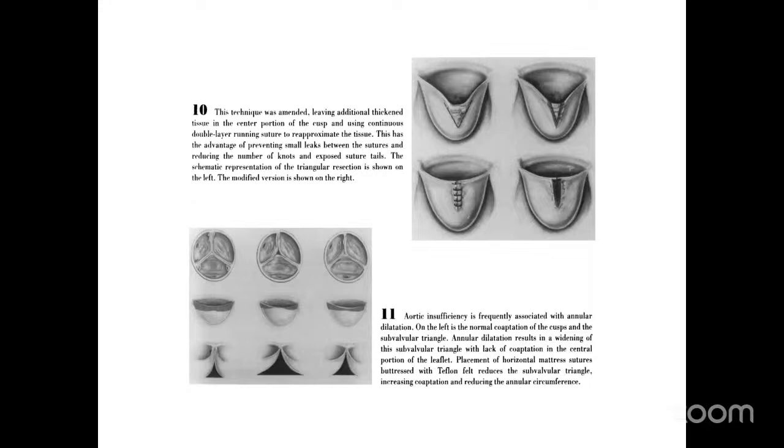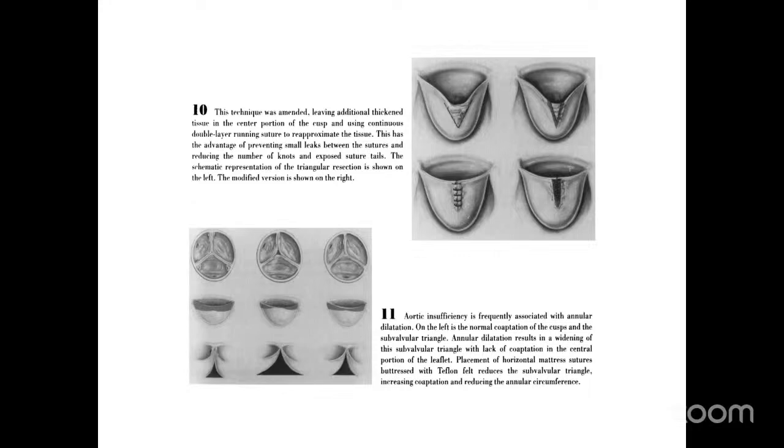The technique was amended, leaving additional thickened tissue in the center portion of the cusp and using a continuous double layer running suture to approximate the tissue. The redundant prolapsed tissue again is removed and excised, and then a double layer running suture is done